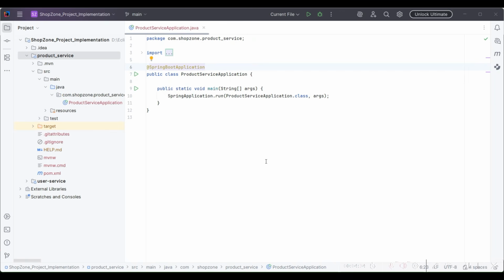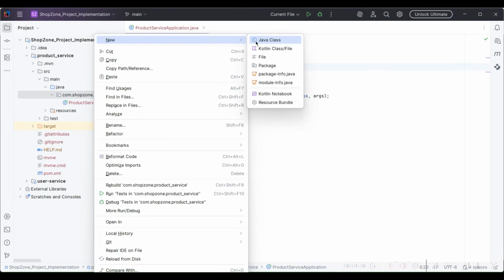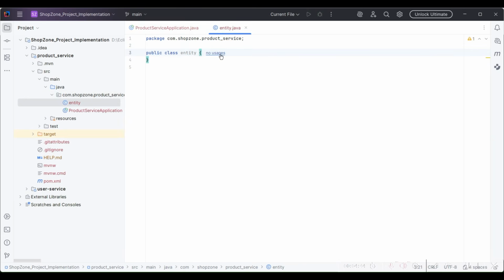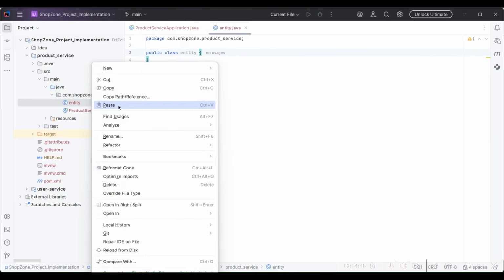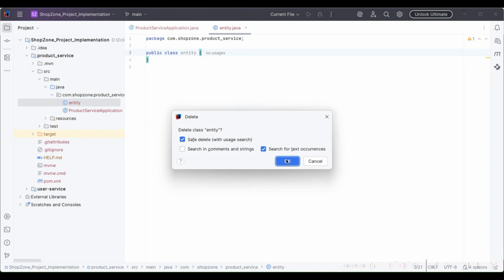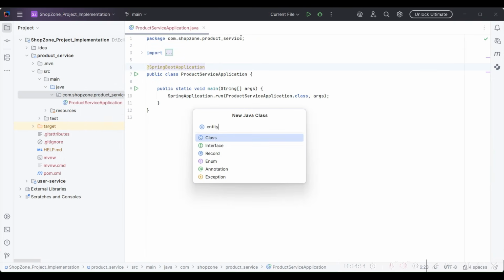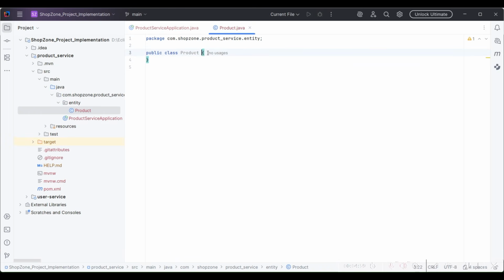Fine. And it is better to code with me, if it is possible for you. Okay, so let's start with our entity. Oh sorry, not entity, it's a package. So entity dot, the first is Product, right? So first, the entity,